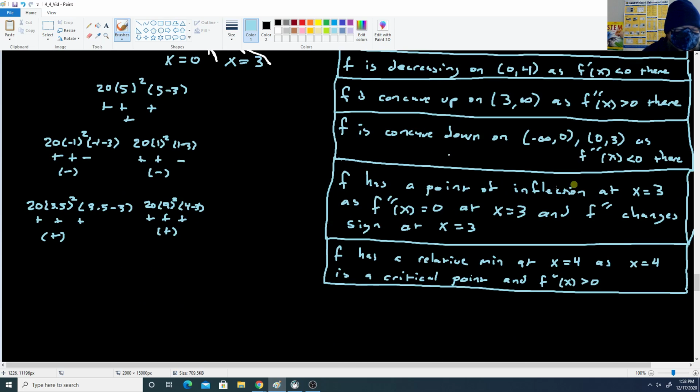So we'll say f has, we'll use relative max. Could say local or relative, they mean the same thing, at x equals 0, as x equals 0 is a critical point,